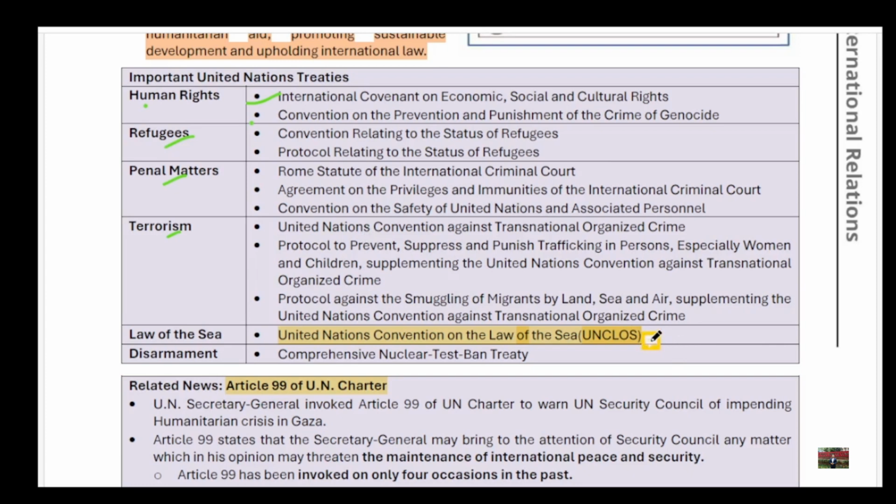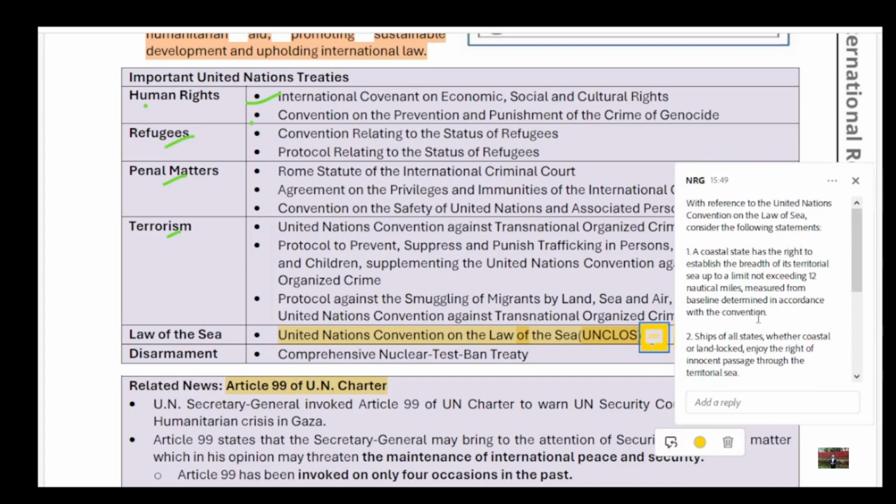So last year, that is 2022, the United Nations Convention on the Law of the Sea was in the news, right? Because we were setting up some special economic zones in the coastal areas, right? That is why UNCLOS was very important, and that is why the question was directly asked from this particular topic. So the question was, if I have to show you this question, as you can see here, all right,